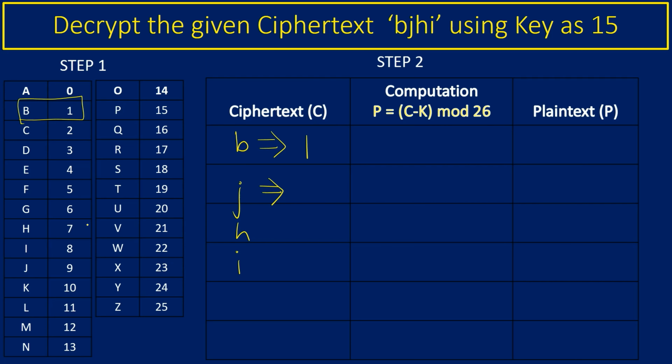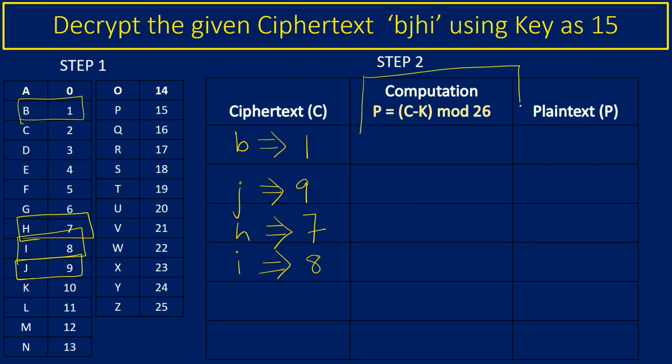What is the number corresponding to J? It is 9. So we write 9. What is the number corresponding to H? It is 7. So we write 7 here. What is the number corresponding to I? It is 8. The algorithm that is used to do the computation of the plain text is C minus K